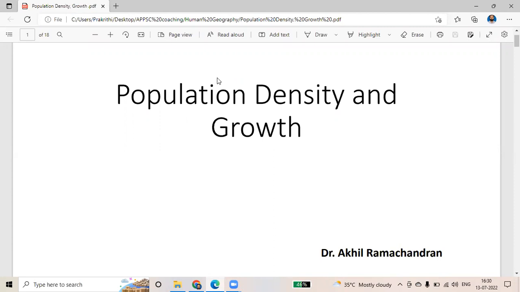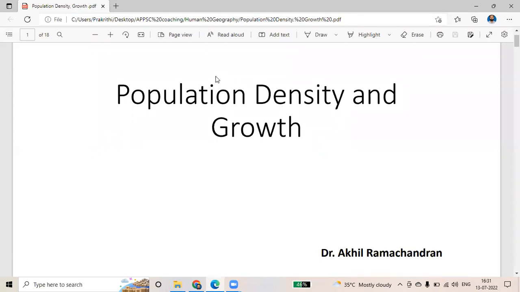Okay, today what we are going to discuss is about the population density and population growth. Along with this, we have migration as well. Migration, I think we want to go in detail, so we can discuss that tomorrow. Today, we will discuss about the density and growth. Yesterday, we have discussed about the population distribution. उसके पहले था human race के बारे में and their distribution over the earth surface.